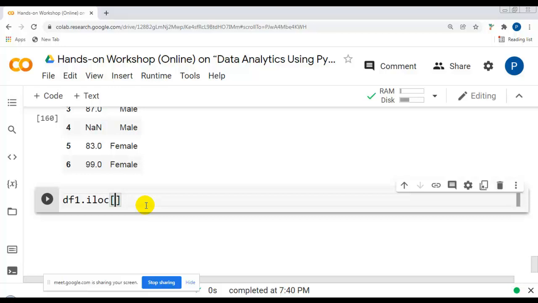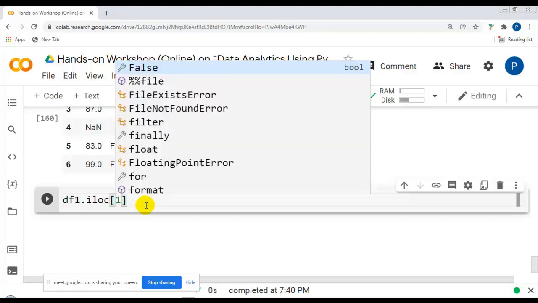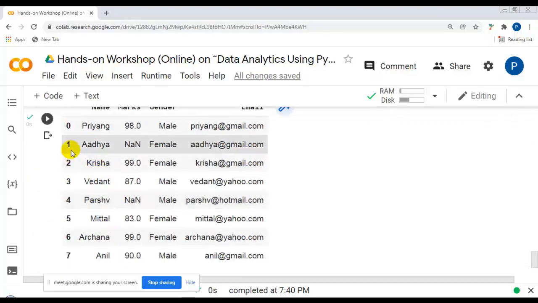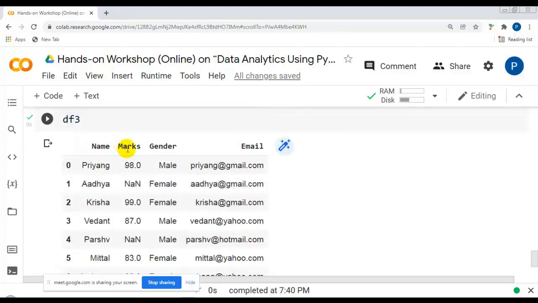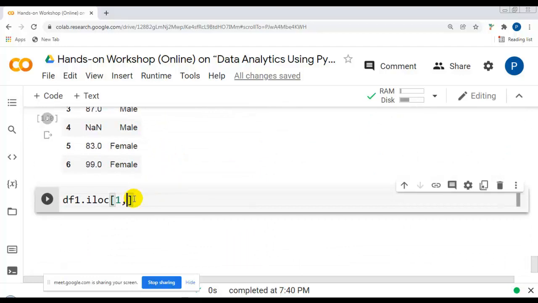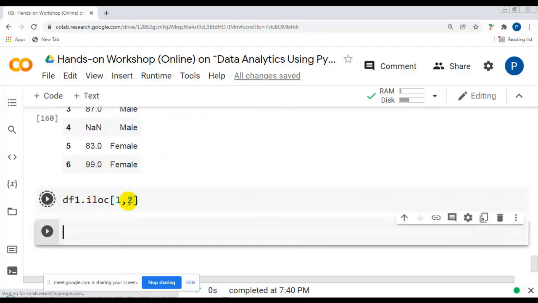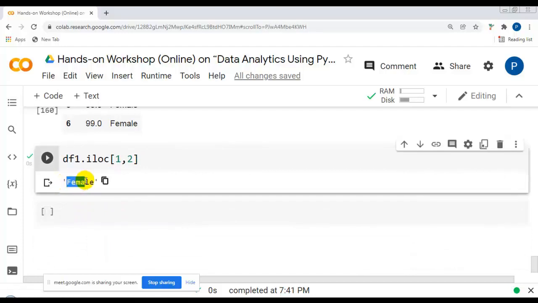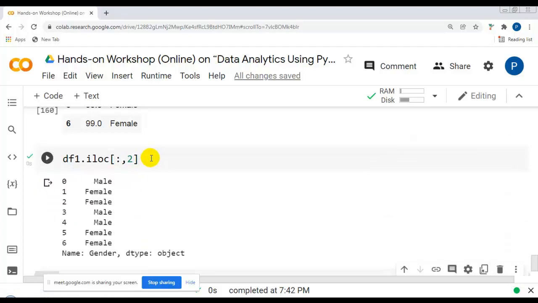df1.iloc, which you can see is an integer loc. Here we can pass the first row, and columns 0, 1 and 2. I want the second column, so we can write 2. Here we use the index. You can see the value at this position is female. Or I want all the rows and the second column.